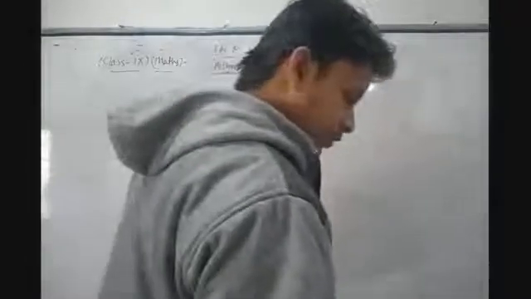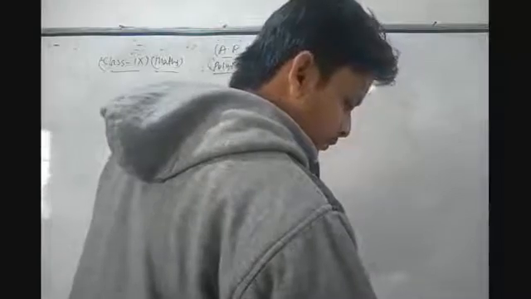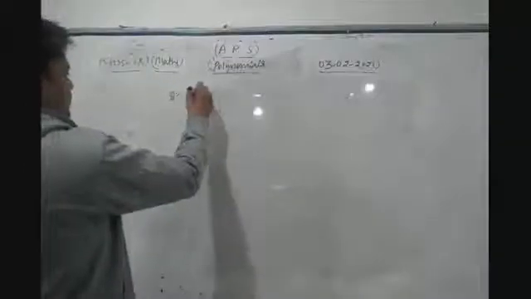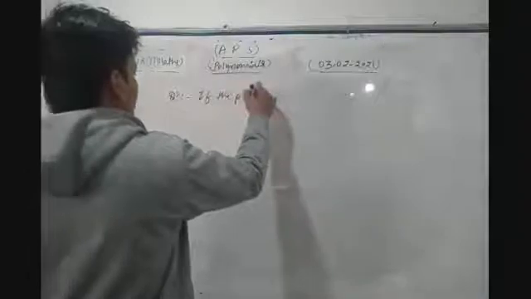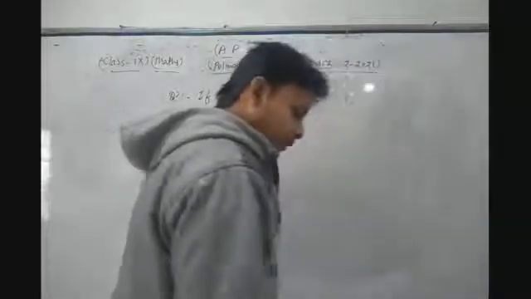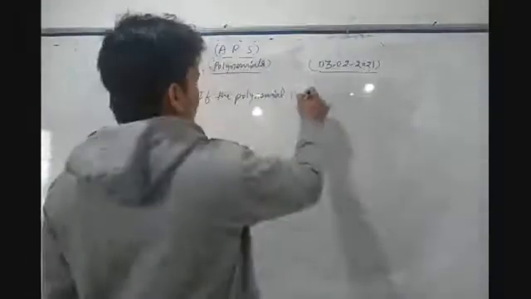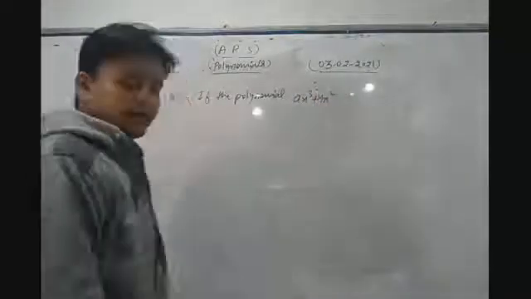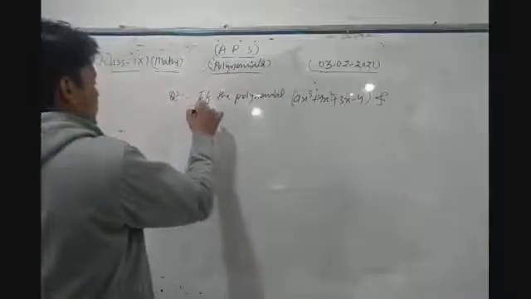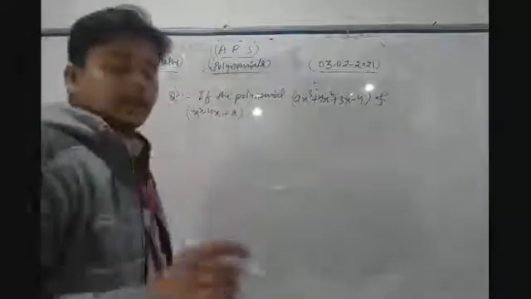The question is: if the polynomials ax cube plus 4x square plus 3x minus 4 and x cube minus 4x plus a leave the same remainder